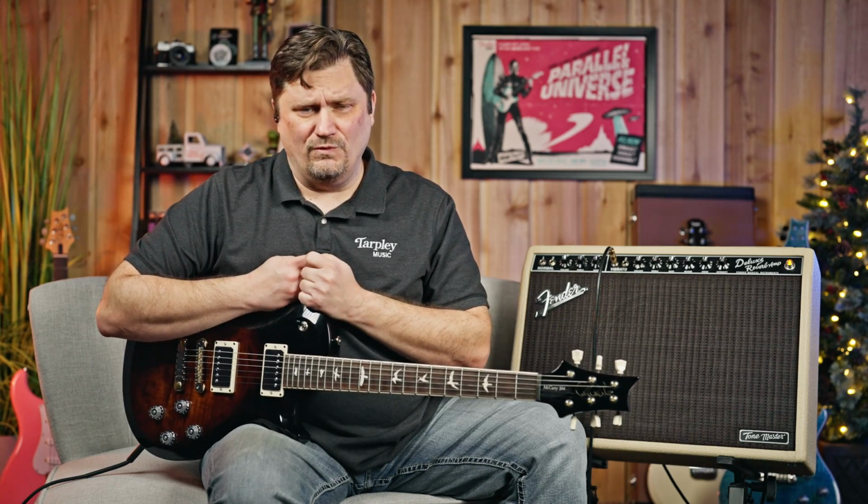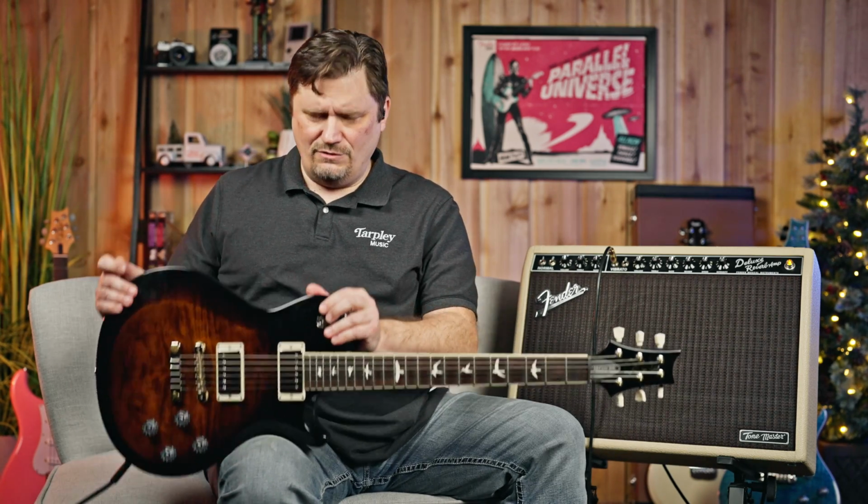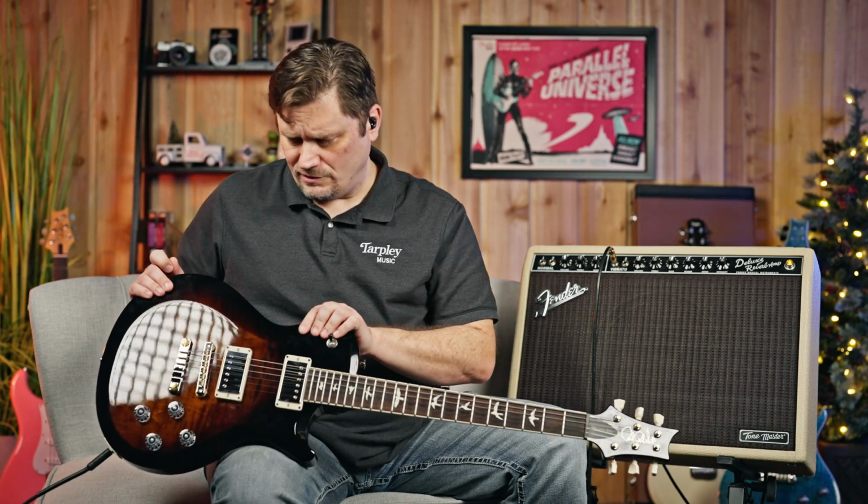This definitely works. Not to mention that you've got two of the best minds in the industry together, Paul Reed Smith and Ted McCarty. It's kind of a no-brainer to play these whenever you see them. So if you get a chance, come down to Tarpley and play this guitar. It is definitely at a pro price point, but worth every cent. It just feels really good, and it holds extremely well. The tuning has been holding extremely well